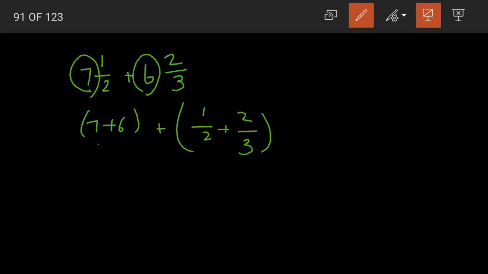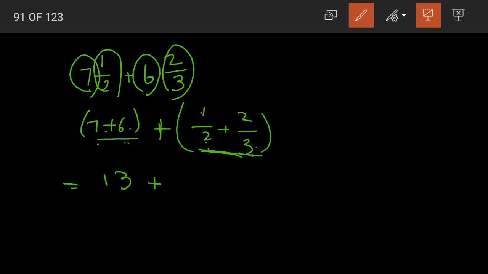7 plus 6 and then plus 1/2 plus 2/3. Our whole numbers plus the proper fractions. 7 plus 6 is 13, plus 1/2 plus 2/3. How will we add them, children? Again we have